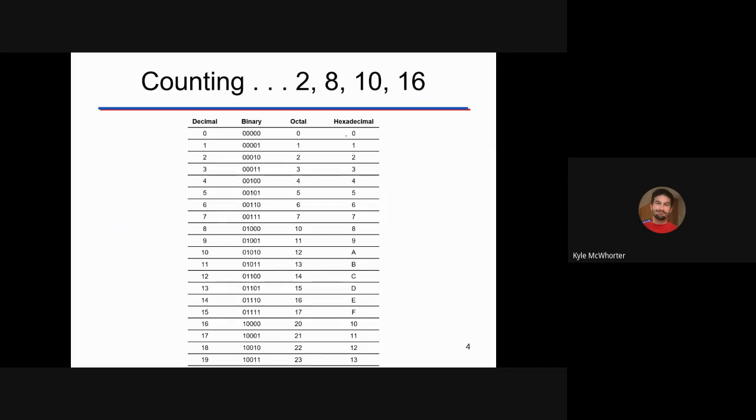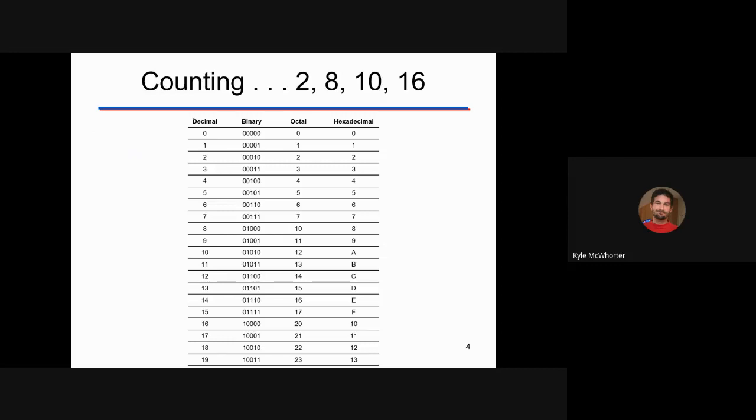And this is kind of what the counting looks like. We remember it was a big deal for us to learn how to count in binary because we use that in our truth tables. And now octal counting and hexadecimal counting. So once we get up to, for octal, we only need 8 individual characters. So we just go 0 through 7. And then once we go past 7 to 8, now we have a 1 in the 8's place and a 0 in the 1's place. So for octal,